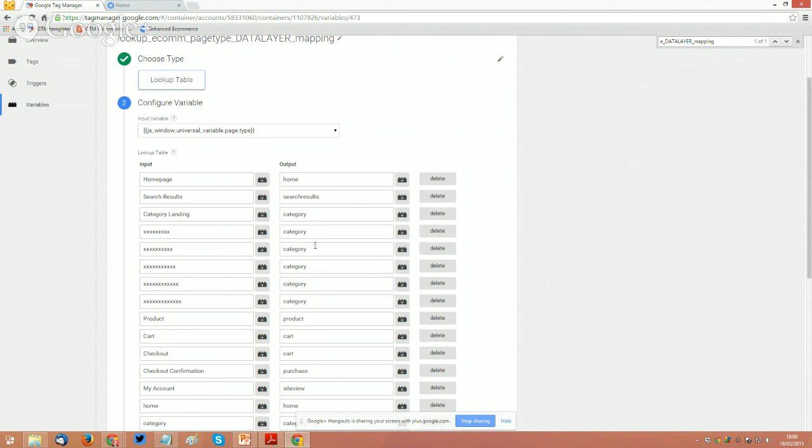So this is a way where I've taken an existing data layer, this is a Qubit data layer, and I've mapped it to the relevant Google AdWords data layer field for page type. So then it would work correctly.